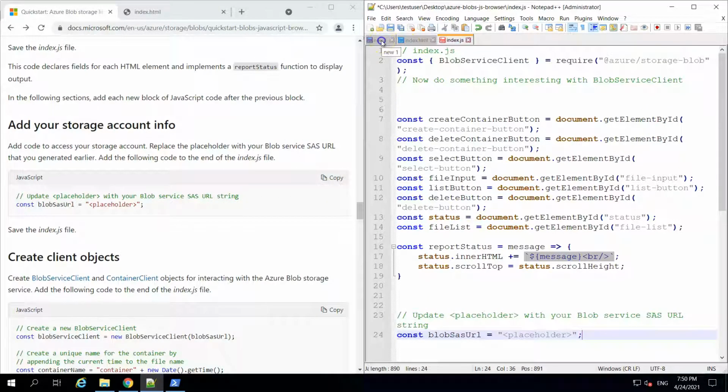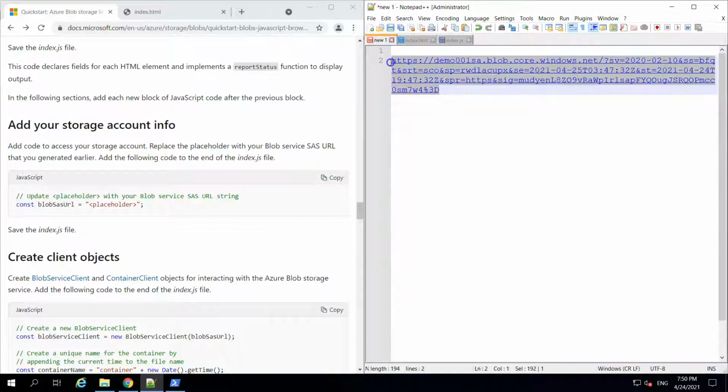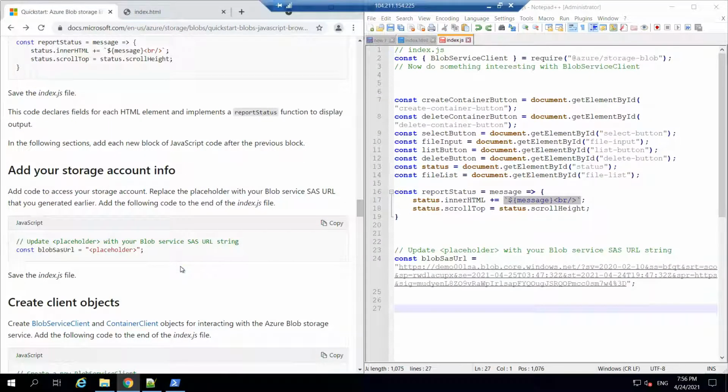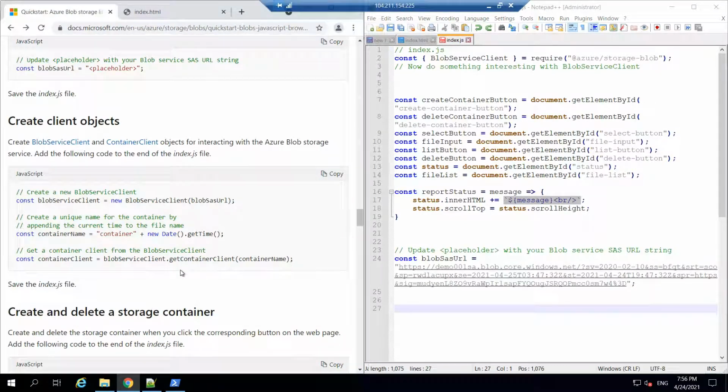Now add the shared access signature URL which we generated earlier. Since we are going to talk to Azure Blob Storage, we need to create a client object. As per this logic, it will create a container with datetime appended in the container name.